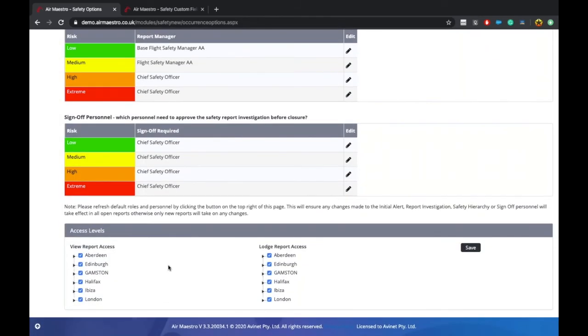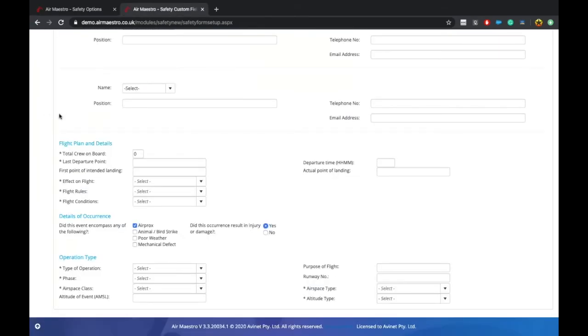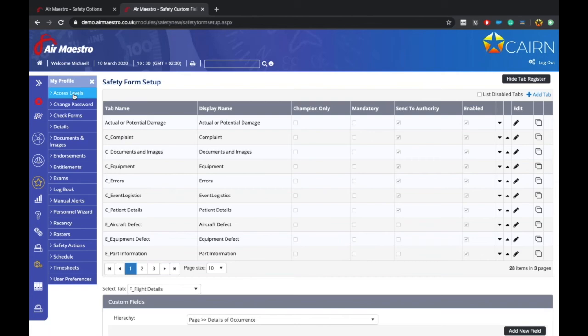Then we come to access levels. So as you should be aware, each profile on Air Maestro gets a specific set of access levels, which define what they can see and what they can do on the system. For safety reporting, although in fact safety reporting is a bit of a misnomer because you can use it for all sorts of reporting,